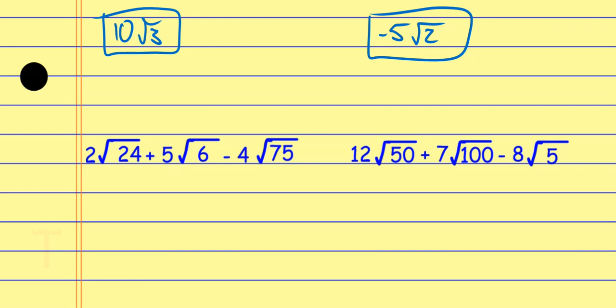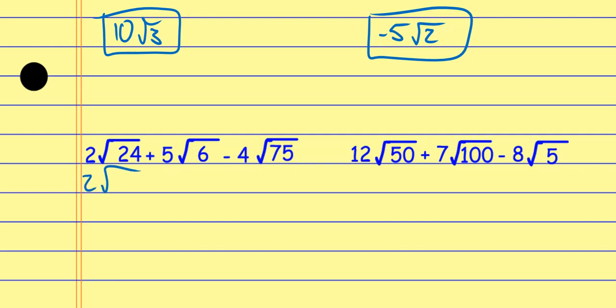So the way this is written, I cannot add or subtract these in any way, shape, or form. However, these are not written in simplest terms. I cannot yet determine if these are like radical terms because I can simplify some of these. So I need to simplify these the way we've been simplifying these. If I look at this first one,